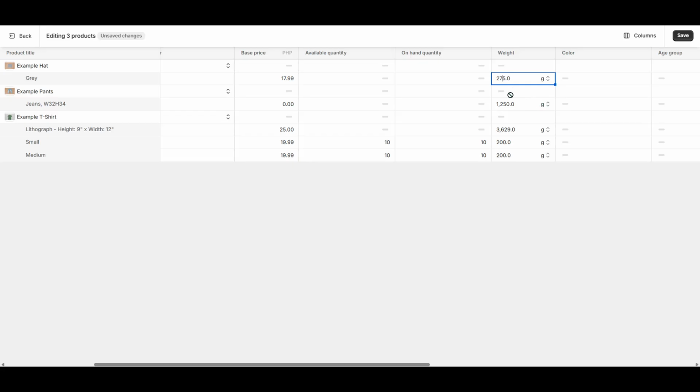And there you have it, a quick and effective way to update product weights in bulk using Shopify's bulk editor. This method is beneficial not only for managing shipping and inventory data, but also for enhancing the overall efficiency of your online store operations. With this process in place, you can spend less time on repetitive tasks and more on